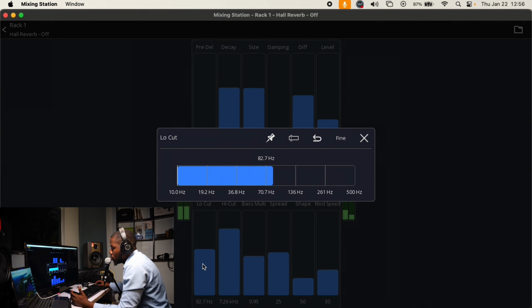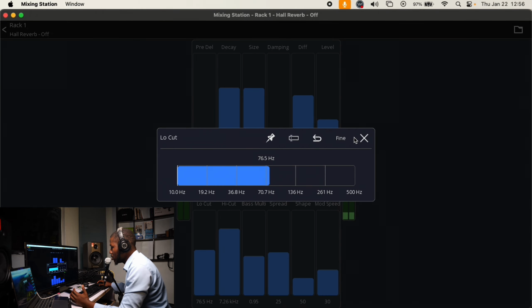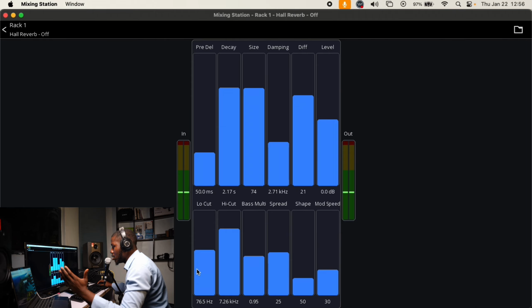I mean, you want to EQ or shape the reverb. This low cut button helps you shape the reverb. Just EQ the reverb. I'm going to give an example. So right now, you can hear the reverb is out there. Let me increase the low cuts. Just like